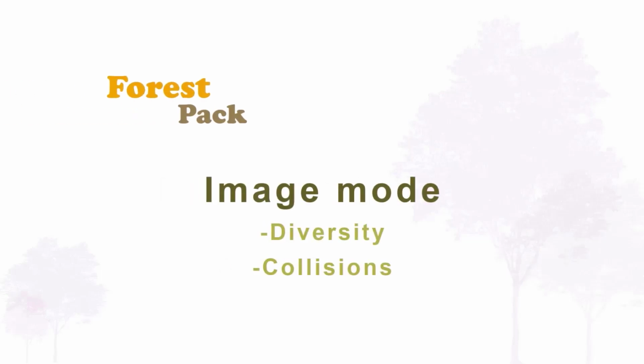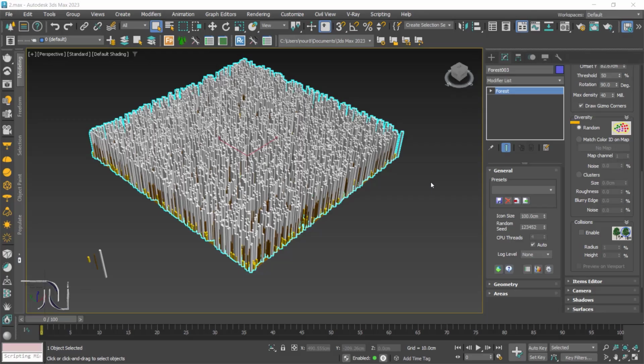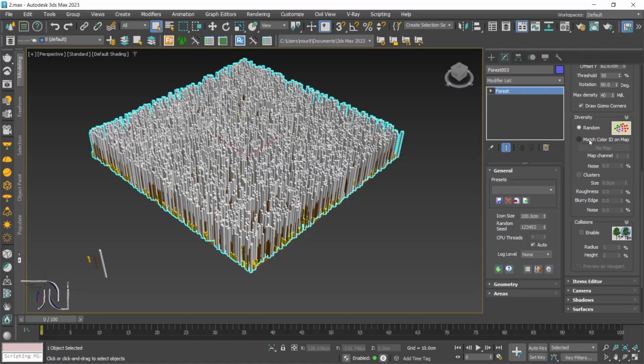In continuation of image mode, I shall explain diversity and collisions. The Diversity window enables us to group items according to their color ID or type, or randomly, which is the default setting. In this forest, there are 3 items. By default, the diversity is random. If we have this image, for example, to use it as a distribution map, switch to Match Color ID on